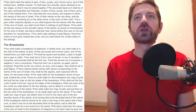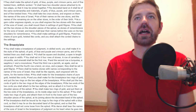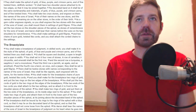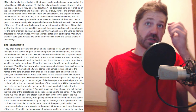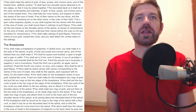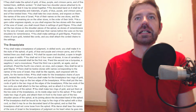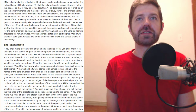It shall have 2 shoulder pieces attached to its 2 edges, so that it may be joined together. The decorated band on it shall be the same workmanship and materials of gold, of blue, purple, and crimson yarns, and of fine twisted linen. You shall take 2 onyx stones and engrave on them the names of the sons of Israel, 6 of their names on the one stone, and the names of the remaining 6 on the other stone, in the order of their birth. As a gem cutter engraves signets,